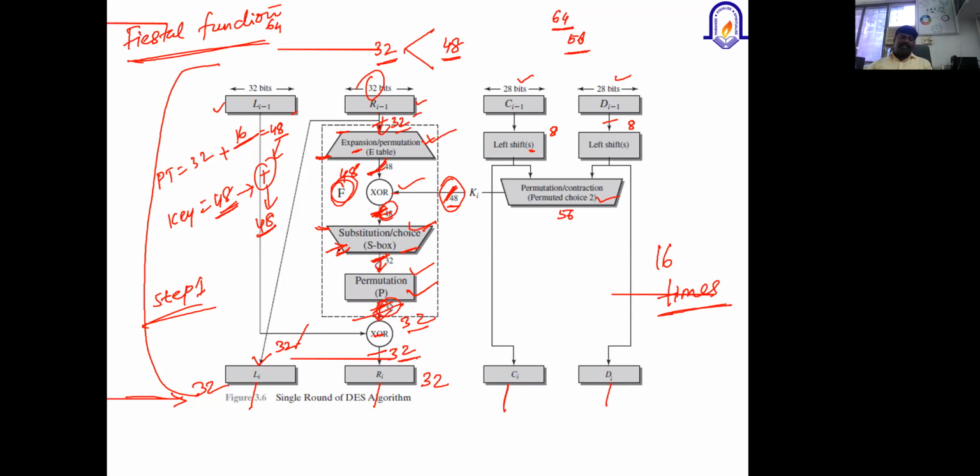So this is a one time operation, and instead of times I will use the word steps. So this has to be repeated for 16 times or 16 steps. I hope this is clear. If you have any queries, any doubts?